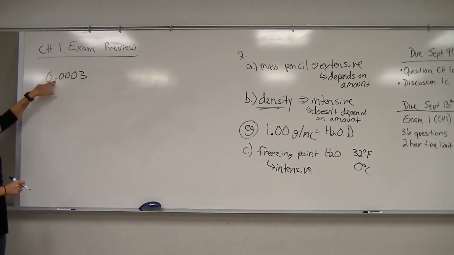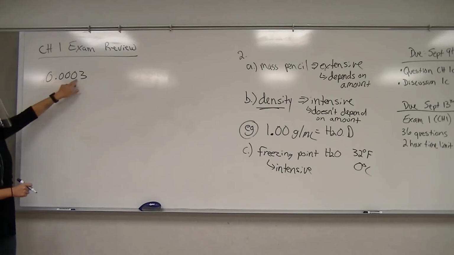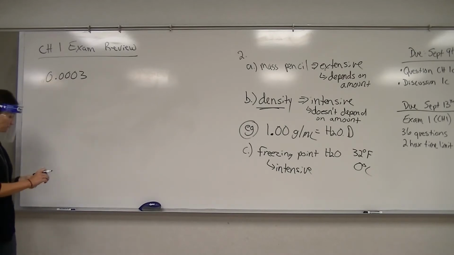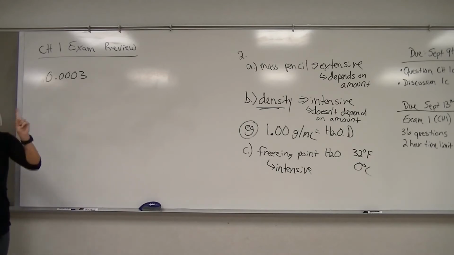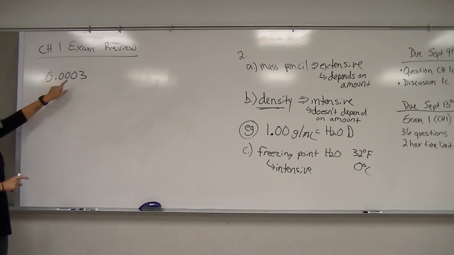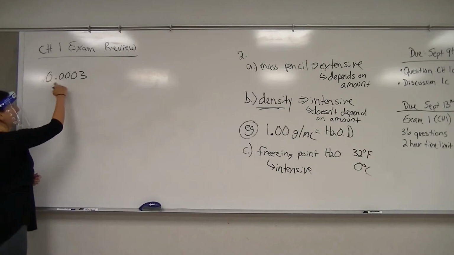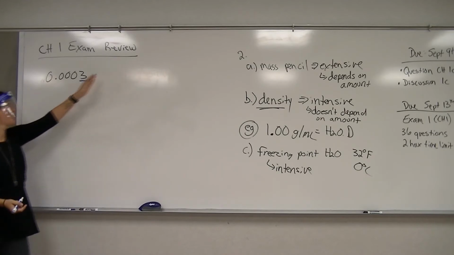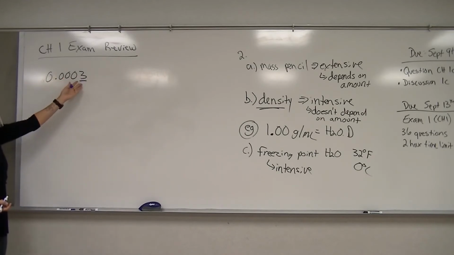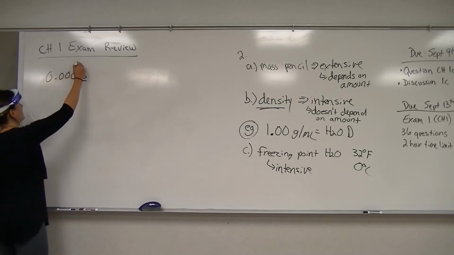So there is a decimal point here. Do these first zeros count? Yes, because it's a decimal. Zeros count when there's a decimal, but only if you already started counting. I can't start counting till I get to my first non-zero number. So they don't count. They can't count because I start counting at the 3. If there's zeros after that, those ones would count. But the ones before can't because I have to hit a non-zero number first. So it will be 1? It's just 1 sig fig for this one,